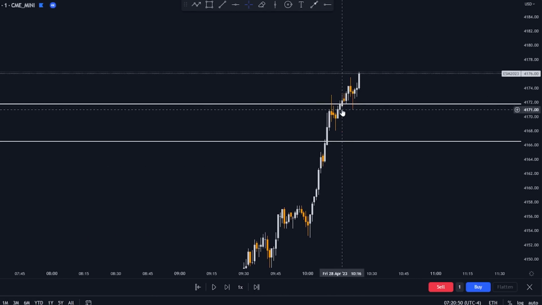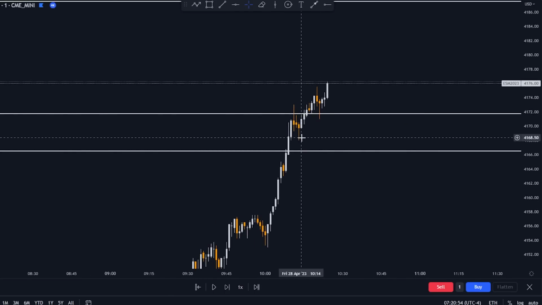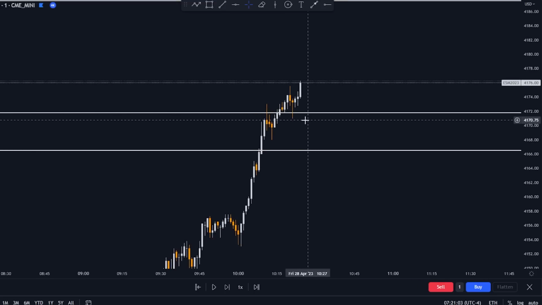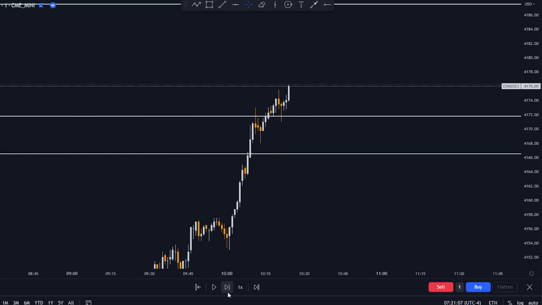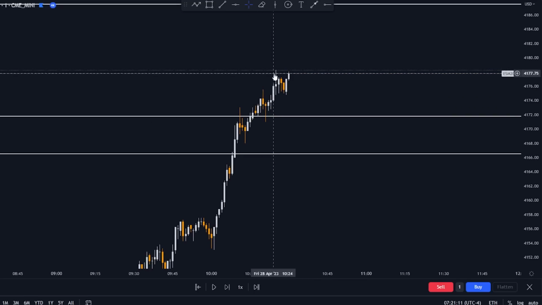So after this high right here, we would look for 1 minute chart and market structure shift, but we can see that the price is reaching higher and higher. And also we can see that the market is making these short-term lows and going higher and higher. So we wait for the break of these lows, or this low right here. So let's see what the price is doing. So created new high,